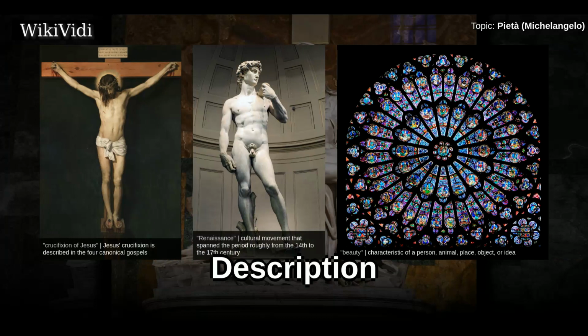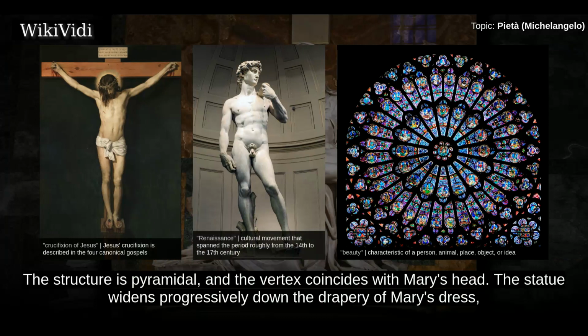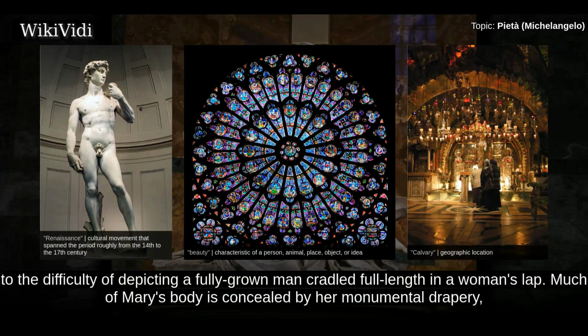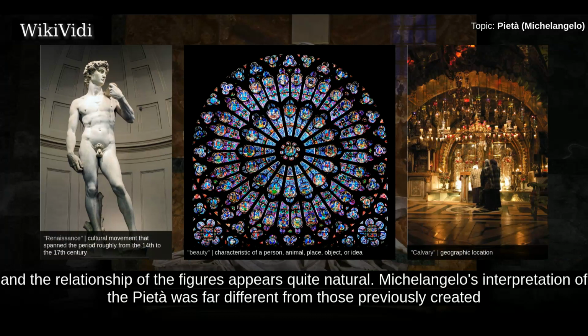Description: the structure is pyramidal, and the vertex coincides with Mary's head. The statue widens progressively down the drapery of Mary's dress, to the base, the Rock of Golgotha. The figures are quite out of proportion, owing to the difficulty of depicting a fully grown man cradled full length in a woman's lap. Much of Mary's body is concealed by her monumental drapery, and the relationship of the figures